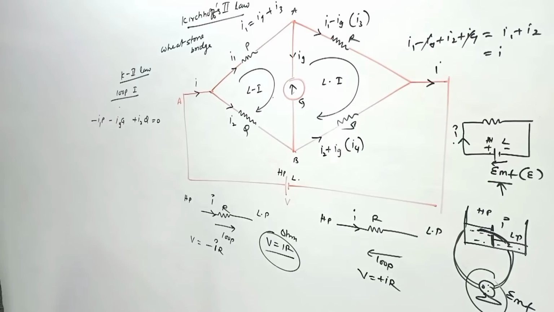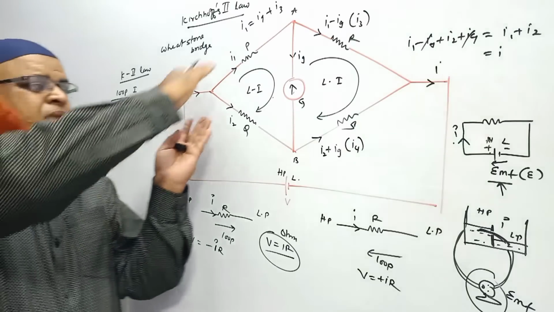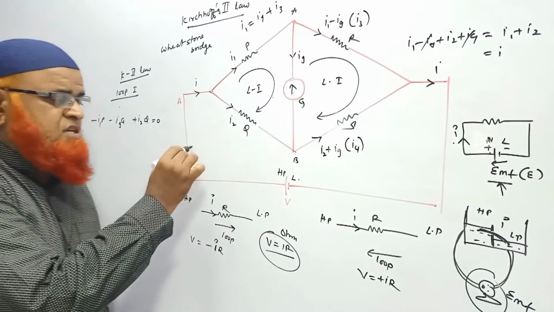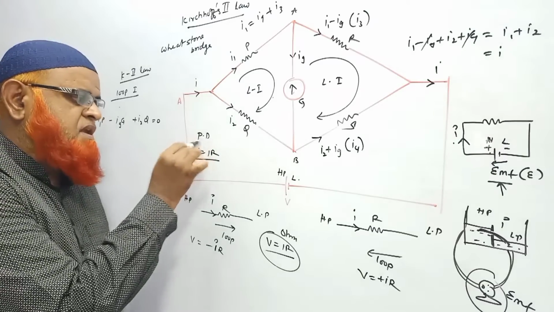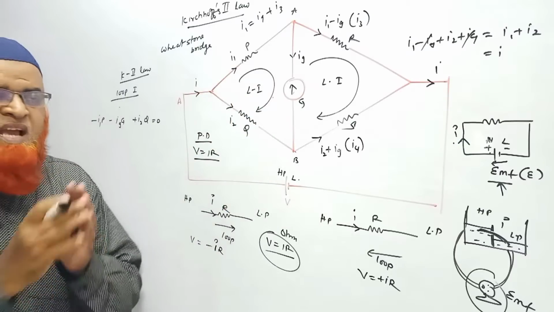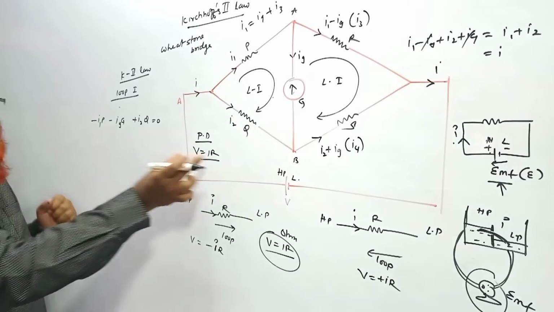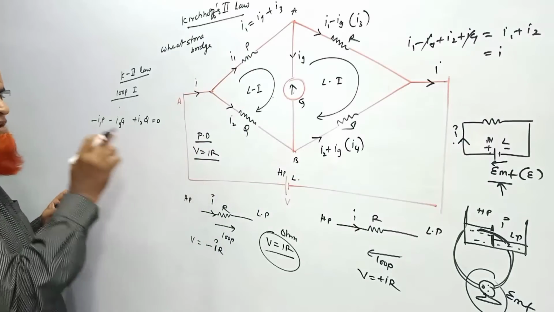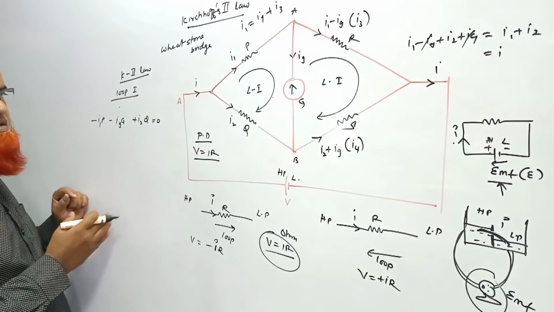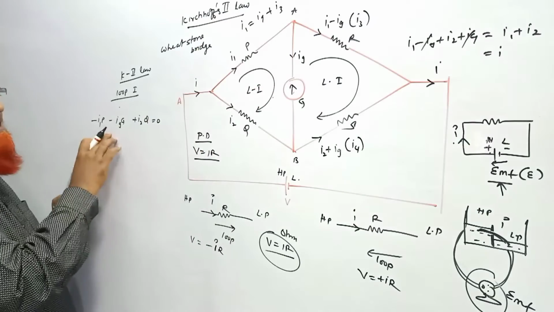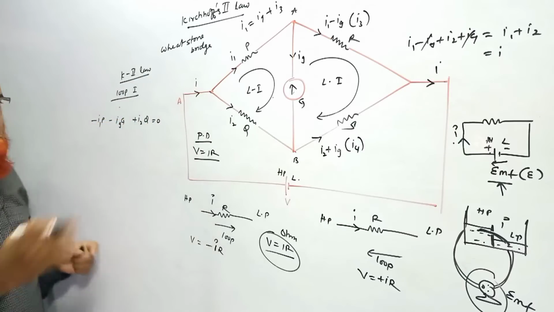This is called Kirchhoff's second law. What is the second law explaining here? The algebraic sum of potential drops. Potential drop means V is equal to IR. This is called potential drops. The algebraic sum of potential drops in a closed loop is going to be 0. Why is this minus? Because current and loop in the same direction is minus. Here also current and loop in the same direction is minus. Here current is in this direction, loop is in this direction, that's why it is going to be plus. First equation.